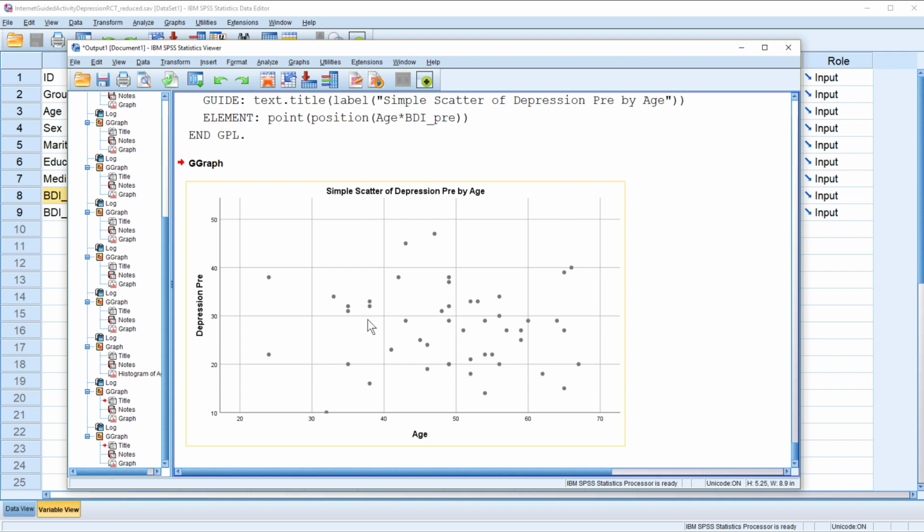Maybe there's a very, very slight trend downwards. You could fit a regression line to that or measure the correlation if you wanted to. We'll do that later in the course. So to read the scatter plot,